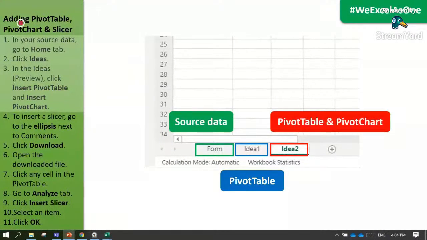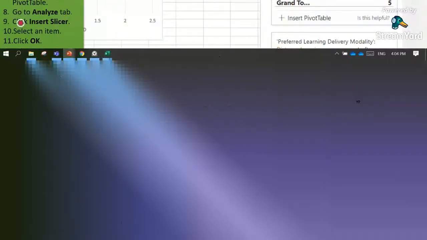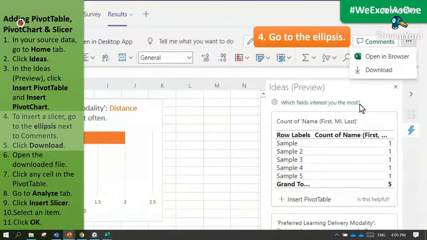This time, the third feature, which is the slicer. The slicer is only available in a desktop application. So to utilize the slicer, we have to download the workbook first, to open it in a desktop application.